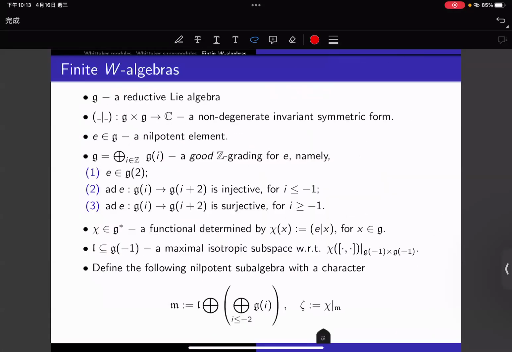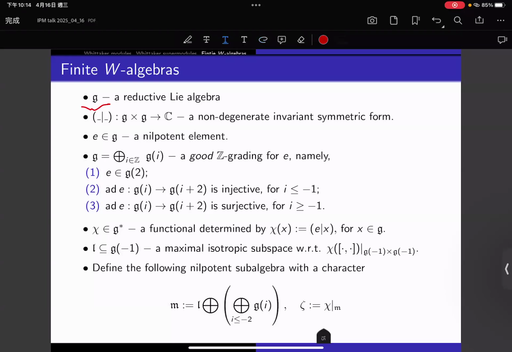Now let's explain Whittaker modules and the relation between Whittaker modules and representations of finite W algebras. The recipe for finite W algebras is given as follows. We fix